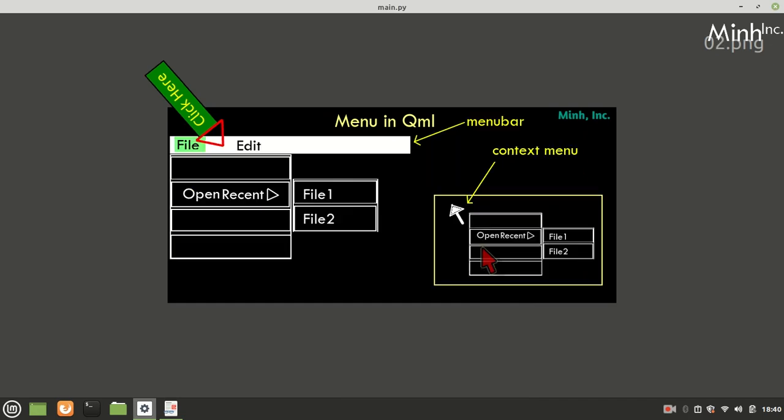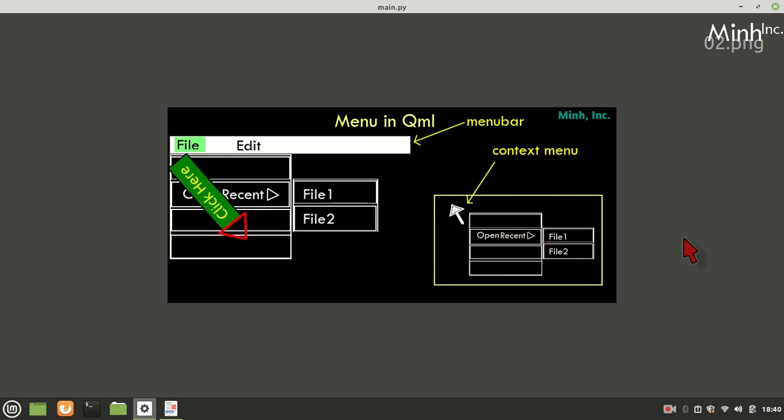Menu comes in two flavors. One is the menu bar, that is kind of ubiquitous, and many people can see that it is available in many applications. And one is the context menu. So context menu, if we right click, then we get the context menu. This is a popup, a menu popup. This is a submenu. This is a menu item. This is a menu item, 3 menu items, 1 submenu, again a popup, and 2 menu items.